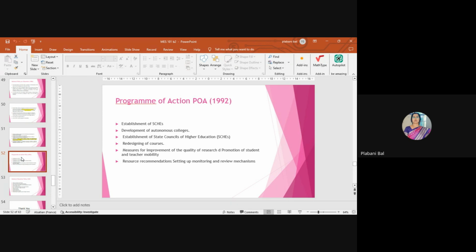The next, universal education. The education for all should be encouraged and provision for free education for all children should be included in our constitution. Then secondary education also had some recommendations like 10+2+3, qualitative improvement, modernization, diversification, like this. University education, what was there is expansion of institution and redesigning of course, proposal for establishing accreditation and assessment council,